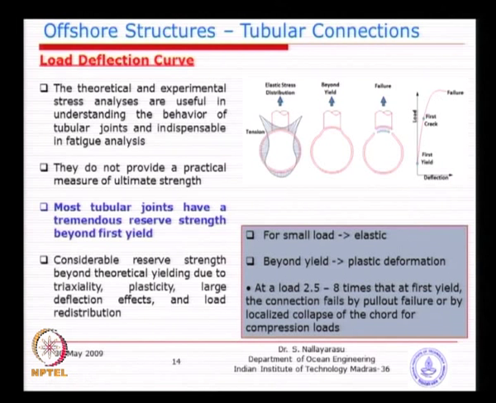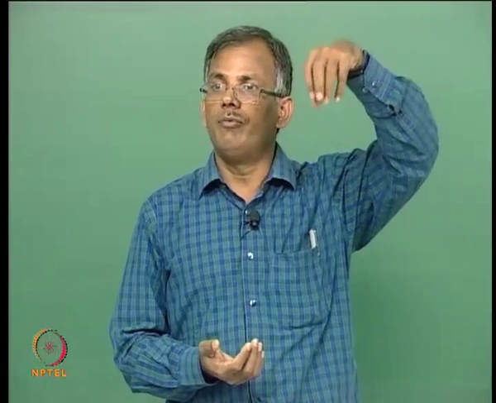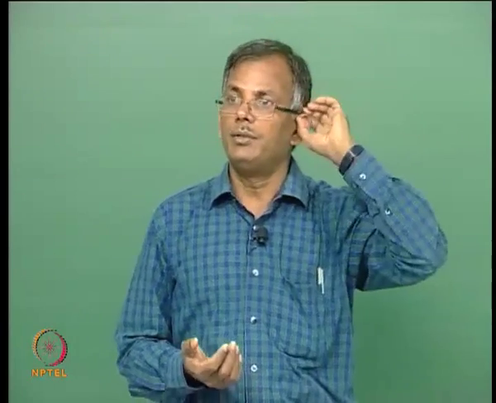So, from the time that we saw first yield, the so-called hot spot at one location, to a failure, you will see that the amount of load that you have to increase to fail that junction is typically 6 to 8 times, or even 10 times sometimes. That means, if you have 100 kilonewton applied on this, it will only fail at 800 kilonewton. That means the redundancy exists in this type of connection.